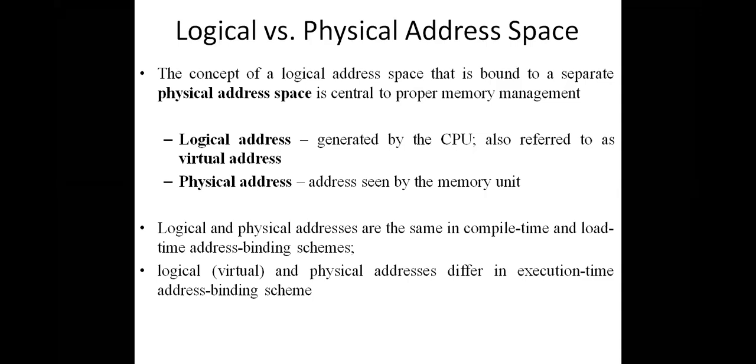Actually the CPU is generating the address, that is a logical address. It is not real, I told you. The process is available at one memory address, that is a real address, but what the CPU generates is a logical address and not the real address. Then how can the CPU execute the process? It is generating a logical address, which is not a real address. Then